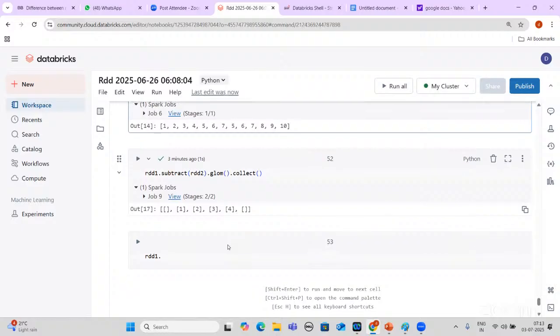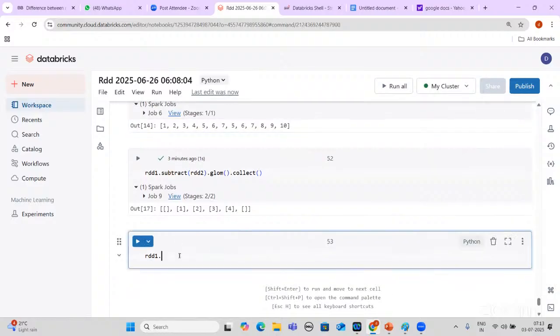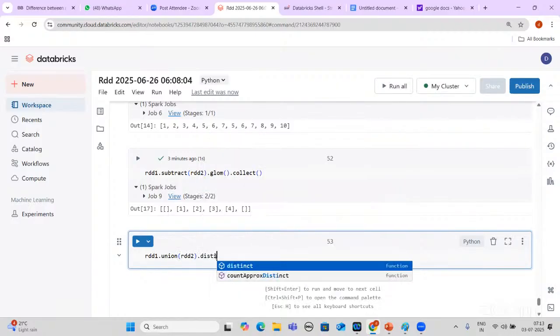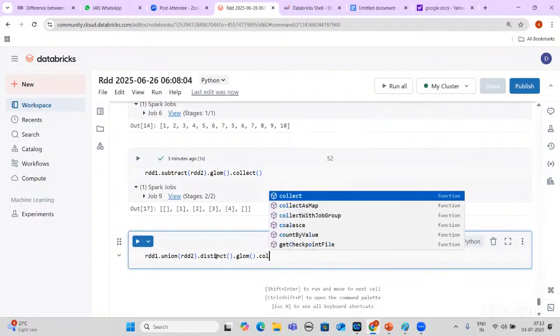That is why I'm using the same function. RDD1 union RDD2 distinct. Next, do glom to understand the partitions. Collect it.